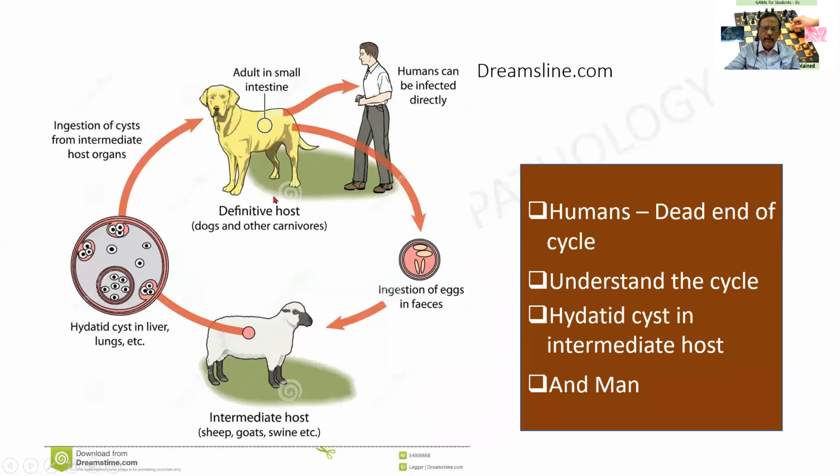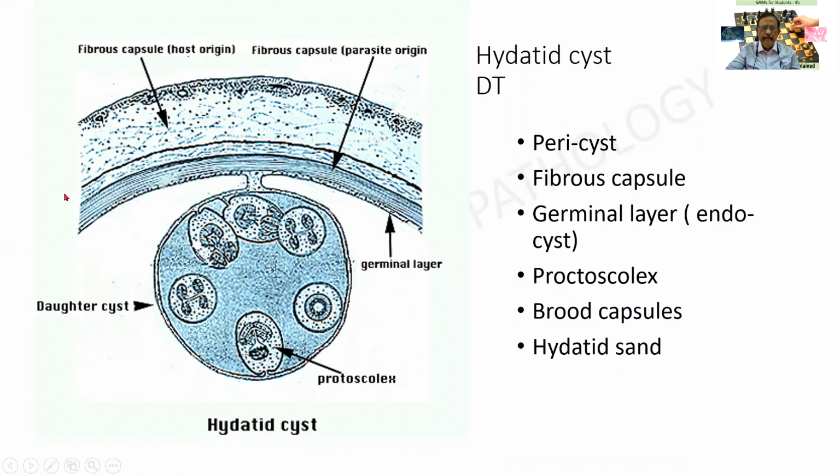Anyway, there is a definite host and an intermediate host. In this intermediate host, you find that the cycle is getting continued, whereas in man, it becomes a dead end. The difference between an ova and a cyst is that a cyst develops in very uncertain circumstances and prevails until there is a certain progress in its cycle. Humans are the dead end of the cycle. I would like you people to please understand the cycle before I go any further. This is important for me.